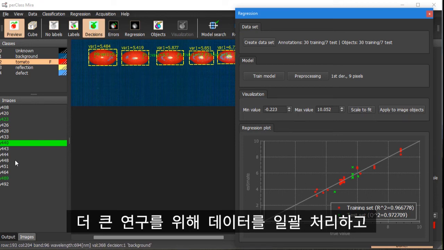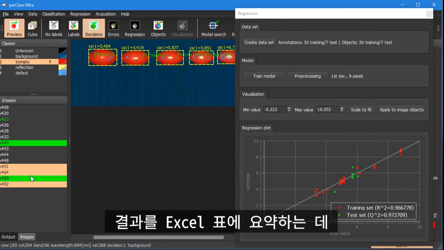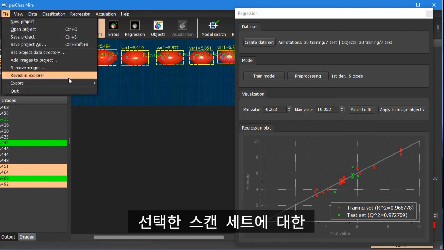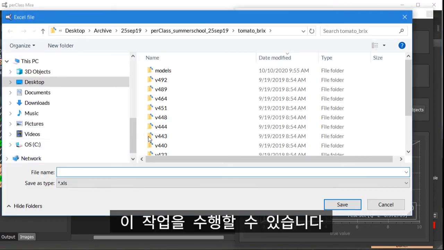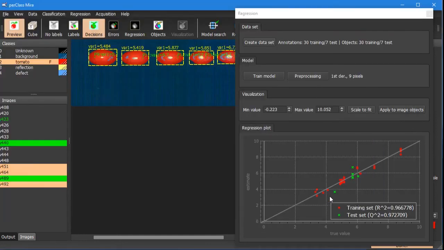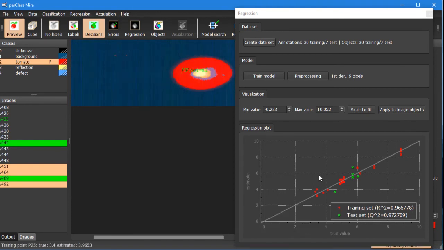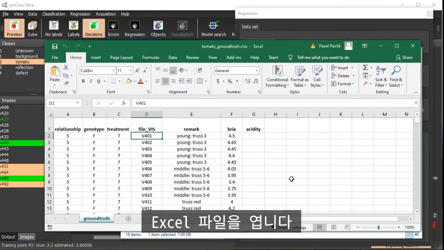For larger studies, we are often interested in batch processing the data and summarizing the results, for example, in an Excel table. You can do that by exporting regression results for a set of selected scans. perClass Mira will then batch process these selected scans, and if we open the Excel file,